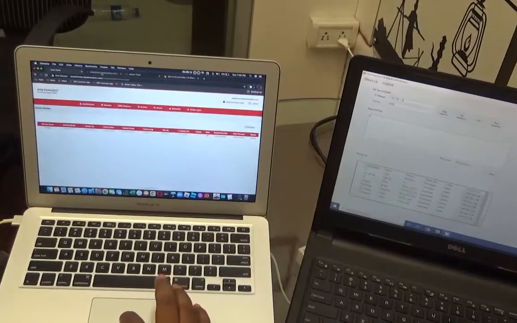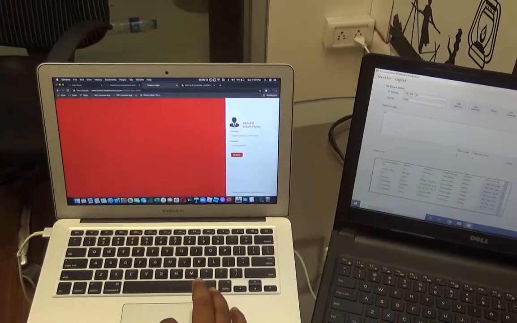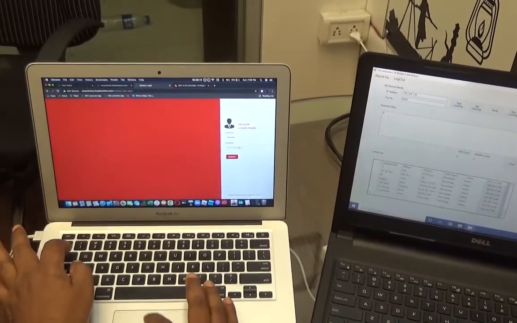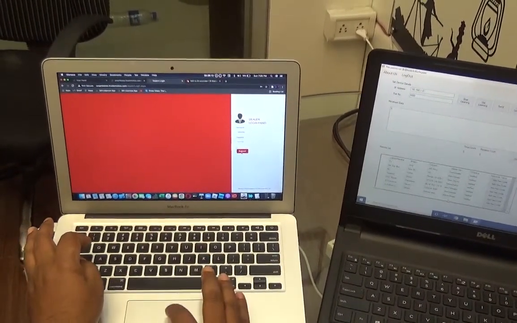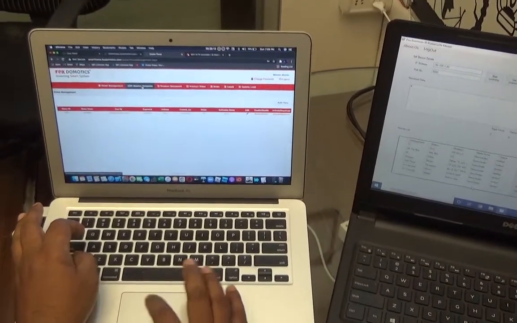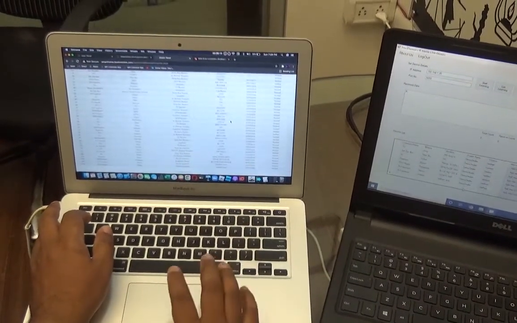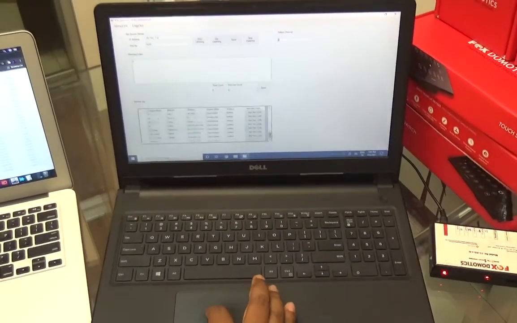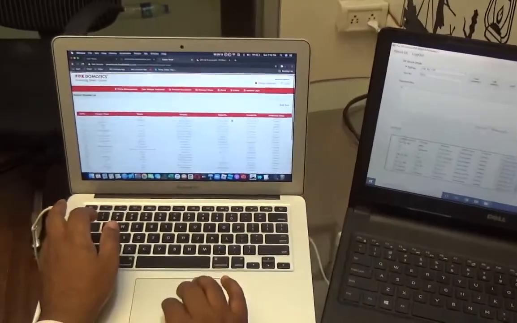So I'll just go to this laptop. Here in the dealer section, I will log in. I'm inside. Now in the IR Blaster template, I have not created any template. You can see all the verified templates here, and here, both are the same. On this desktop application and online, both are the same.